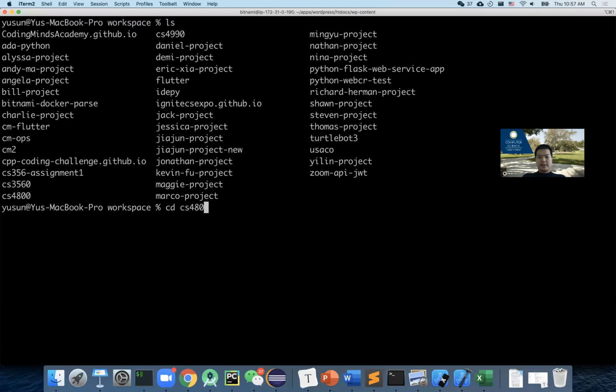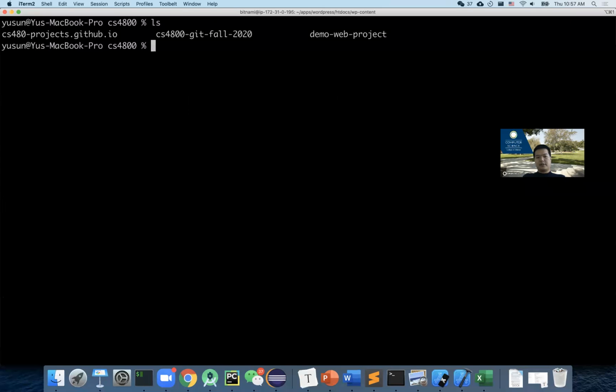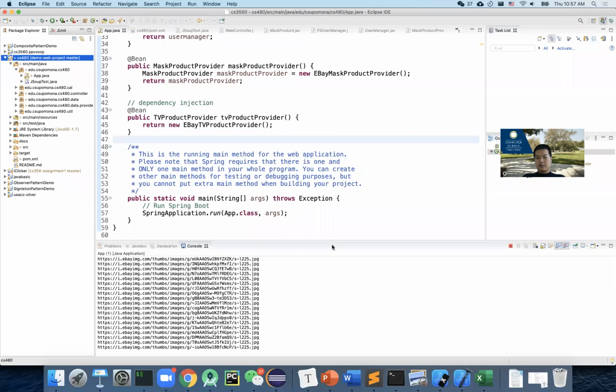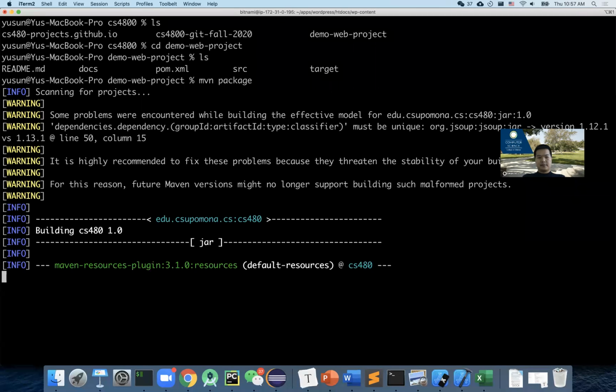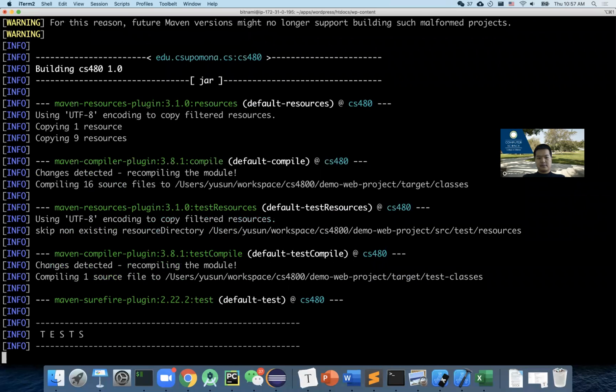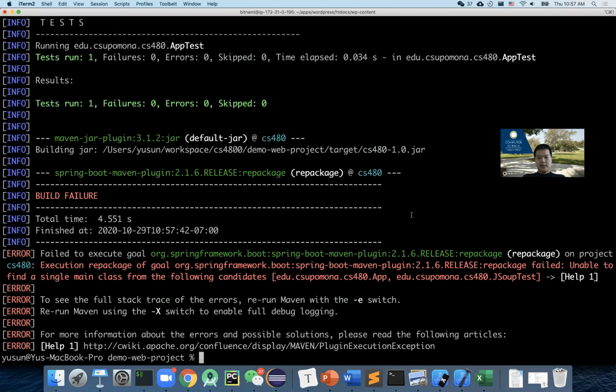Okay, let's go through that one more time. I'm going to show you the continuous integration approach next time, but this time, go back. If you test everything, it works here. Now we're good. Now let's do a Maven package. All right, so this time I got an error here. Now you need to read this one carefully. It looks like